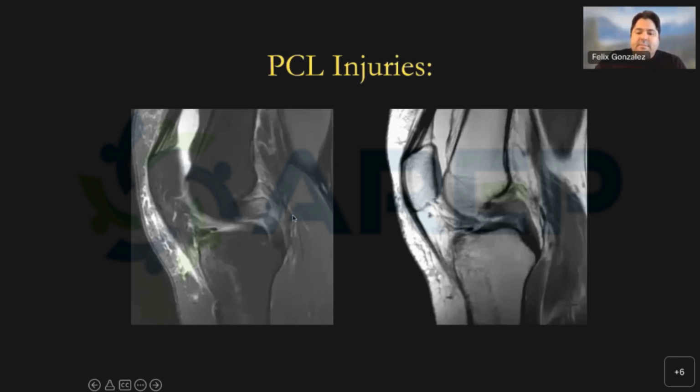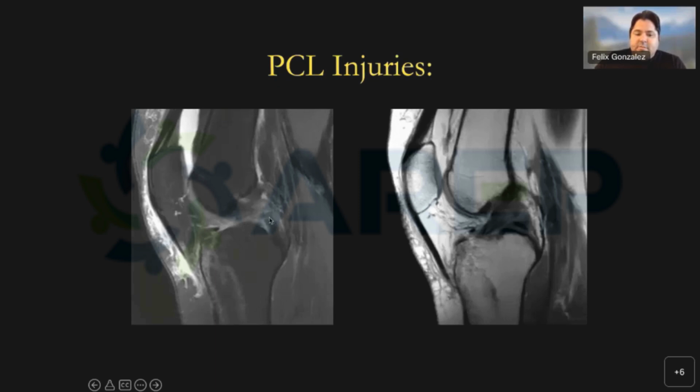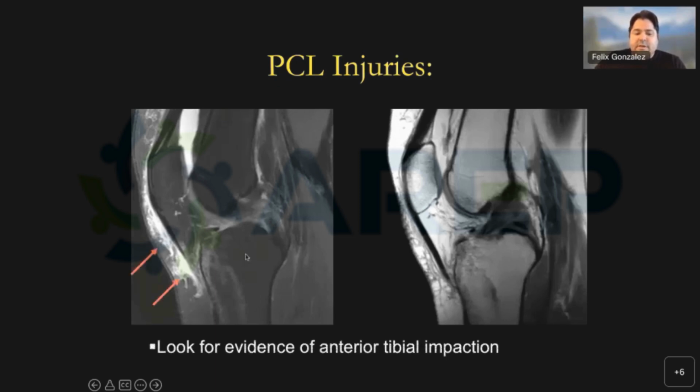You can see a PCL now that is buckled in the central aspect of the structure with dissociation of the fibers, almost near complete to complete dissociation of fibers. Look for other signs of PCL injury. So usually this is a dashboard injury, we call it, where the knee is slightly flexed and you get impacted in the anterior aspect of